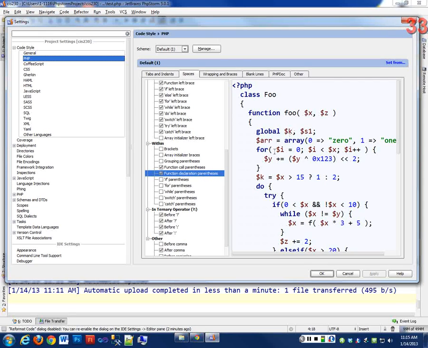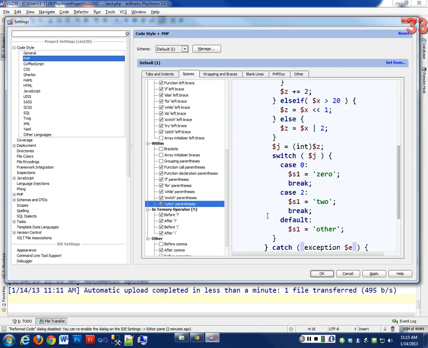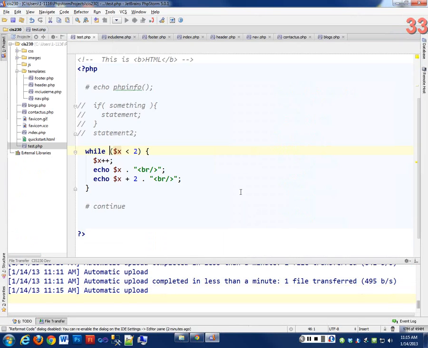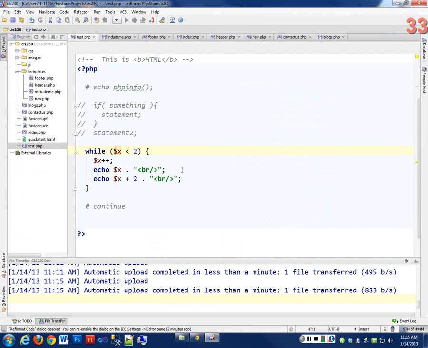In my for block, I like it there. In my if, see my if, I want a space back in there. My fors, my whiles, see the while changes, switches and catches, I like all of those to be having a space there. So when I apply that and rerun this,